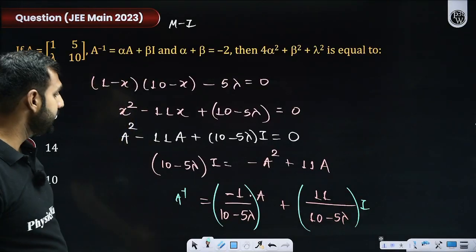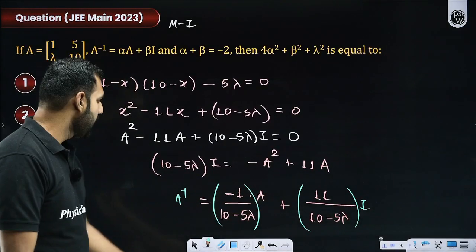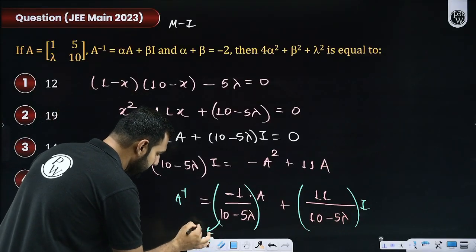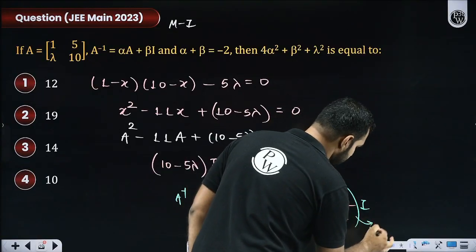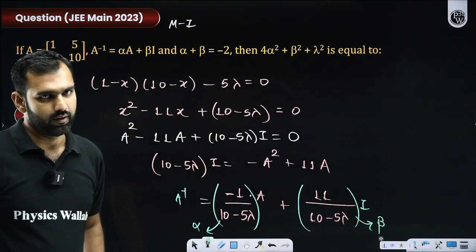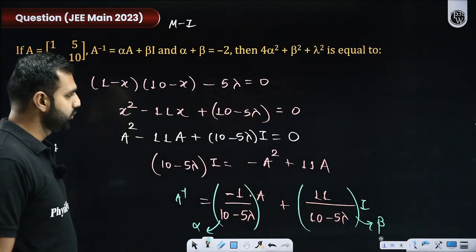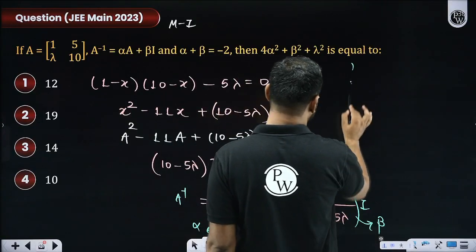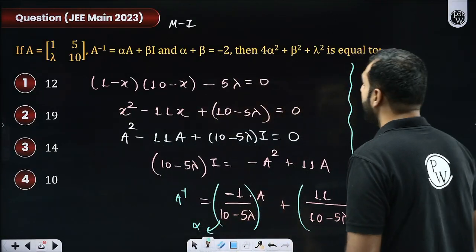Yes, that's correct. So I think I have alpha and beta both. Are you not thinking that, sir, this here is nothing but alpha and this here is nothing but beta? These are your alpha and beta. Everybody getting this? So now if I use this information, what is alpha and what is beta? And alpha plus beta.